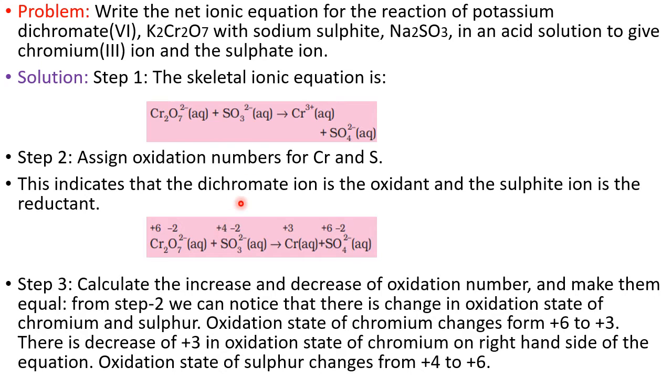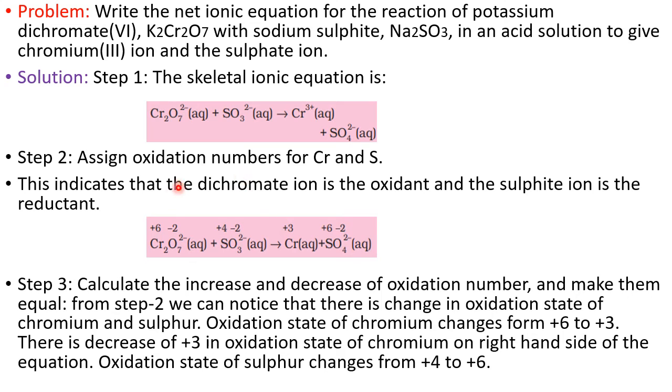The ON of O is always minus 2, and Cr as a single ion is plus 3 only. Separately, Cr is how much? Plus 6, and separately O is how much? Minus 2. So we have assigned the ON for every atom, for every element. Now next, where is the increase and where is the decrease in the ON, that you have to check. Please see here, chromium is in the plus 6 state. Here chromium is in the plus 3 state. So chromium has undergone a decrease in the ON. If it is a decrease in the ON, according to the definition, it is a reduction reaction.